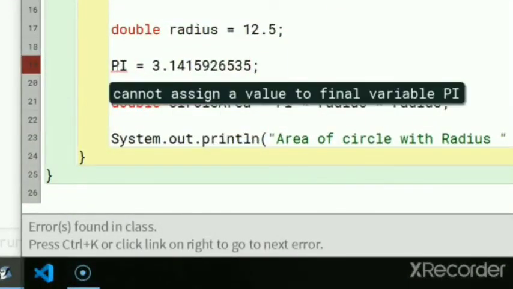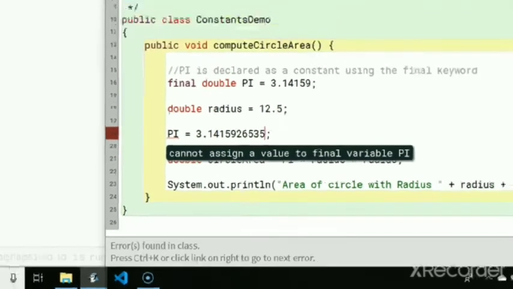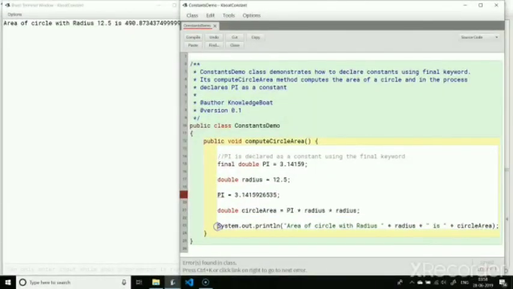The compiler is not allowing me to change the value of pi as I have declared pi as a constant using the final keyword. Let me comment out this line. That's all I had to say about constants for now. We will look at final keyword again when we discuss classes.